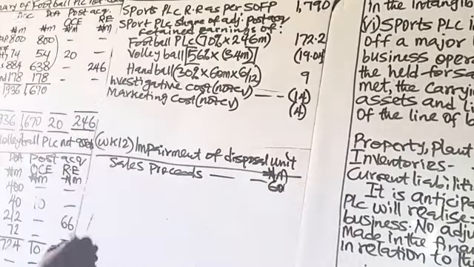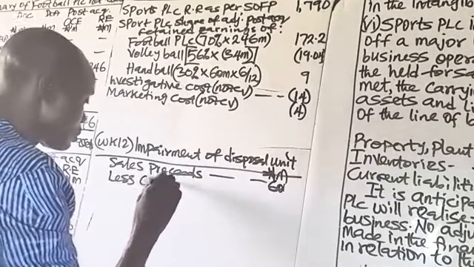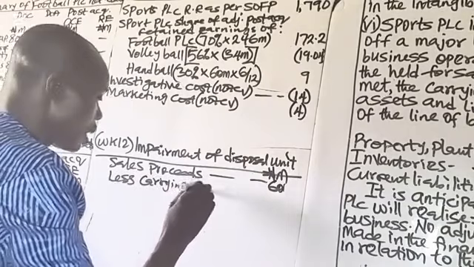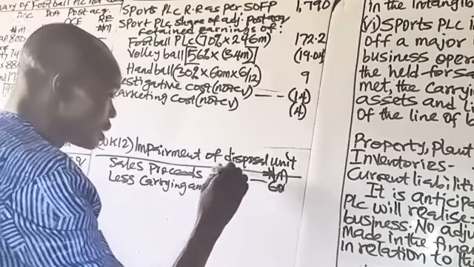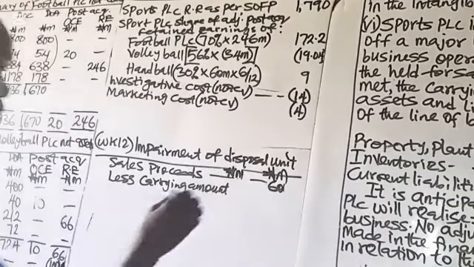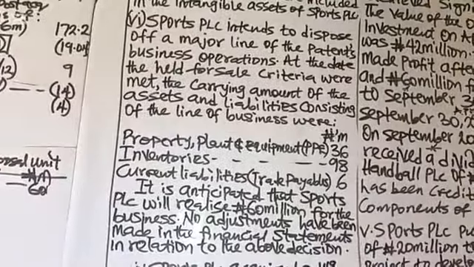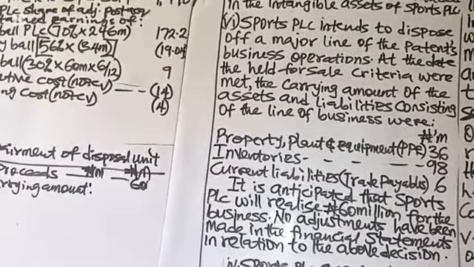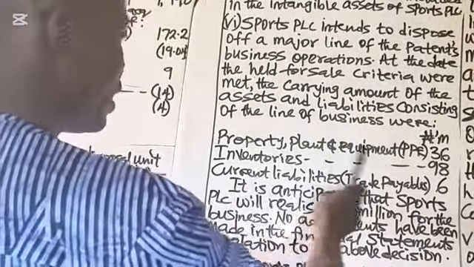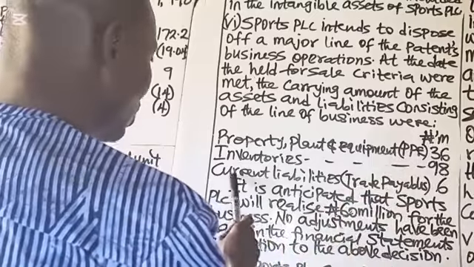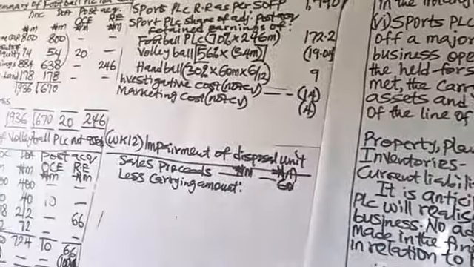Now less the carrying amount of the unit. The carrying amounts include PPE 36, inventories 98, current liability 6 million. So we have the carrying amount, which includes